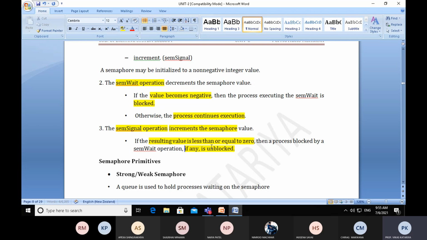So there are two conditions. If the condition becomes true, then the process that was blocked by sem wait is to be unblocked. So you can understand this sem signal function as a wake up call. Those processes which are waiting in a waiting state, some function should be called that gives the wake up call to the waiting process. So this is the function which gives the wake up call to blocked or waiting state processes.